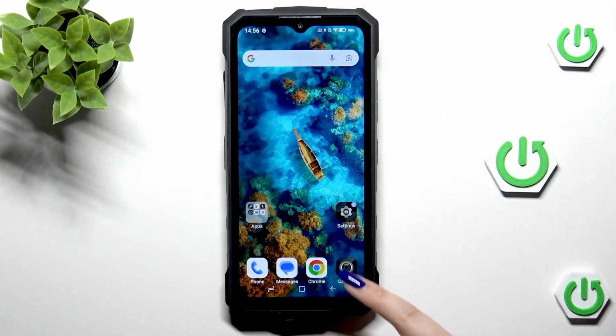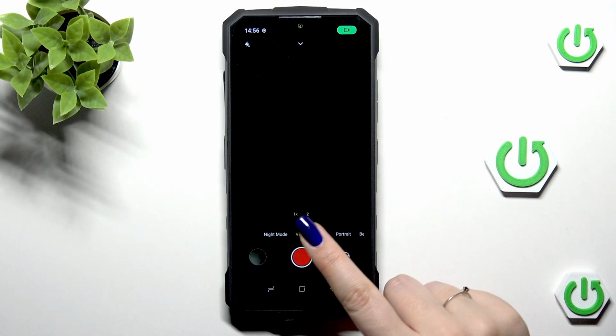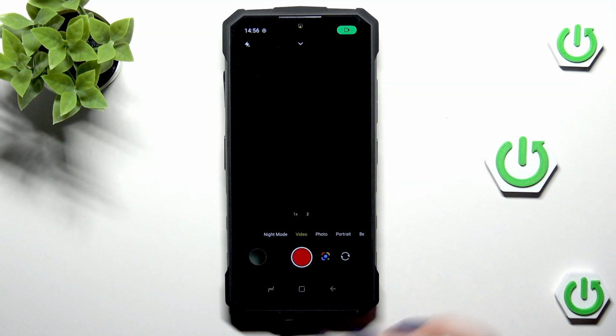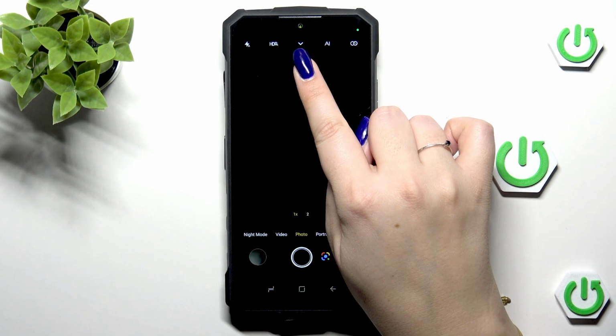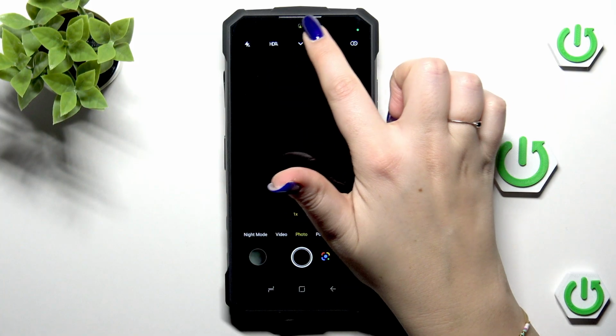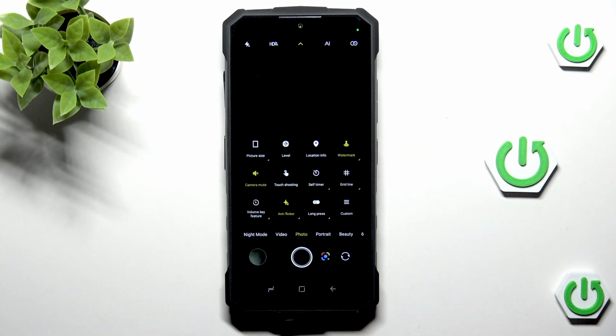So let's begin with opening the camera app. Currently we are on the video mode. I prefer to have it on the photo mode, but it doesn't really matter. All we have to do now is to tap on this arrow, which is right in the middle, to open the options. And here we have to